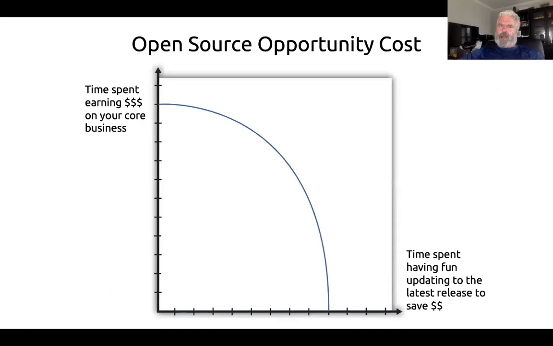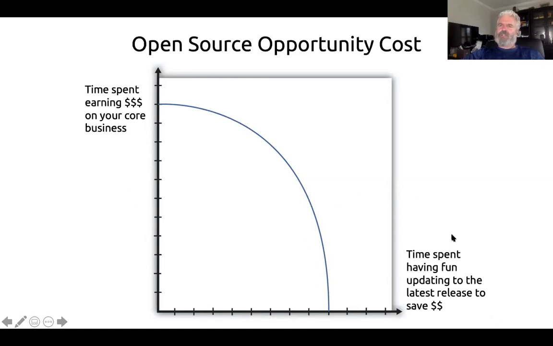Now, as an enterprise, you can use these projects, and lots of enterprises do, but there's a cost, because when you're small and you're trying to burn as little cash as possible, saving tens of thousands, maybe even hundreds of thousands on your communication infrastructure helps you in terms of burning less cash, and you can afford the time to do it. But as your business grows, as you become far more focused on getting more revenue in the door, then you might find the trade-off in terms of time. It's better I spend my time earning on my core revenue, and I have a partner to help me on